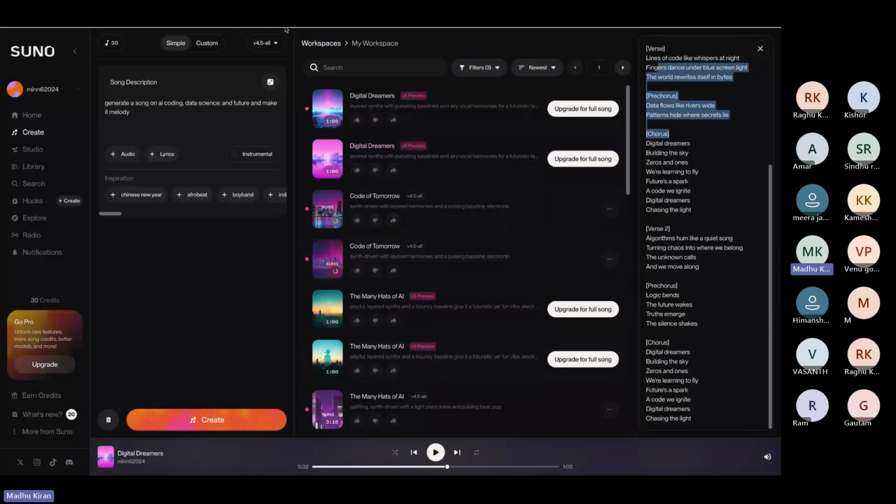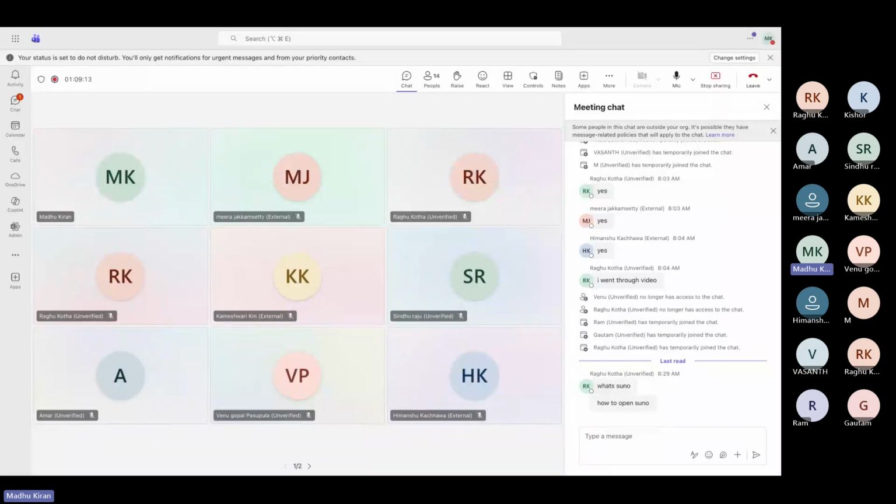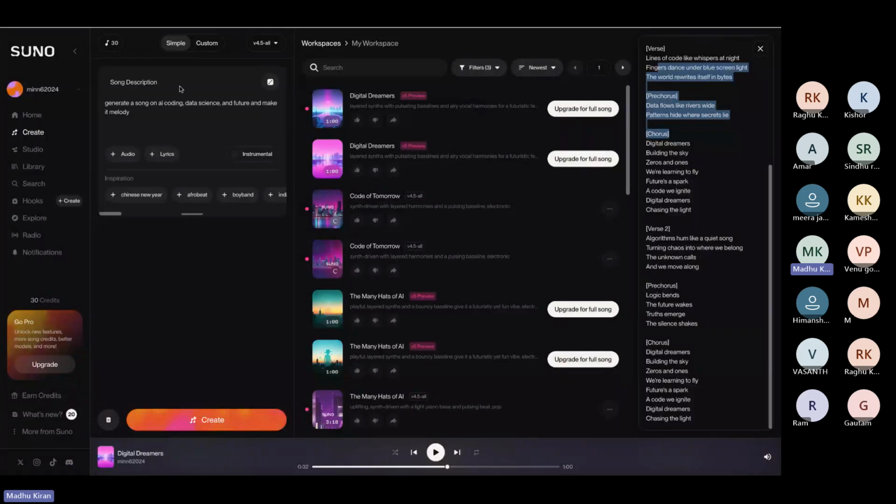So I'm just stopping it. You can explore it. So I have a question, like, what's Suno AI? Suno AI is an AI tool, like ChatGPT, where you give prompts and get responses. Suno AI is designed for music. You give a prompt like this. You just type in Suno AI on Google and log in with your Gmail. Then you can create songs in minutes like this. It's interesting how AI is creating songs in minutes.